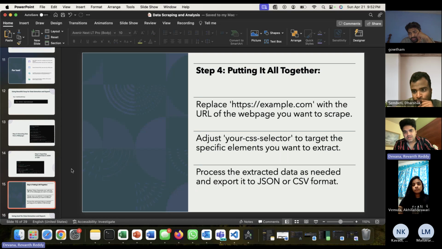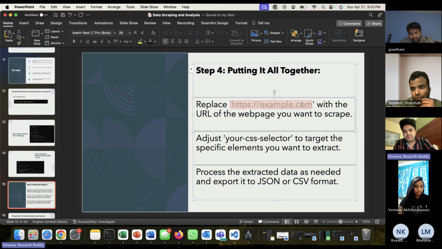And putting it all together, we combine all these three and we get the actual result here. As you can see, replace the HTML with our actual HTML, that is what we had done in our code,